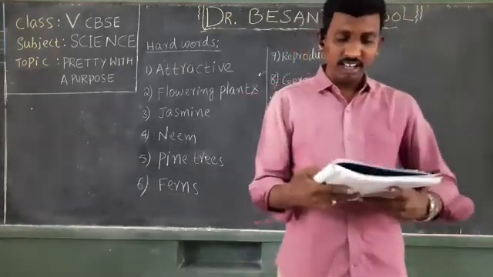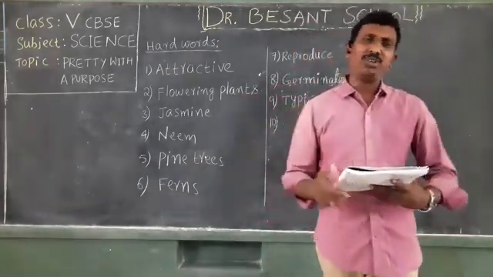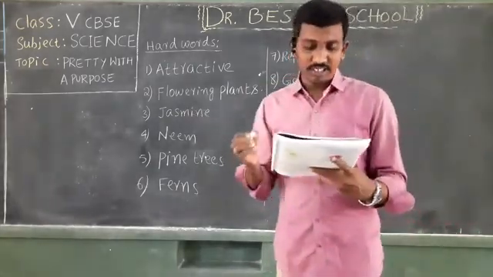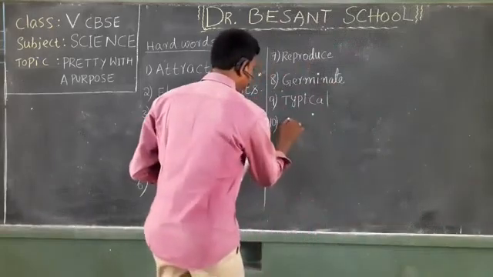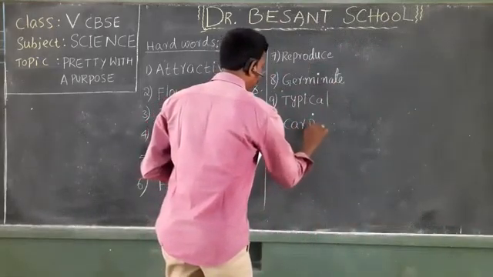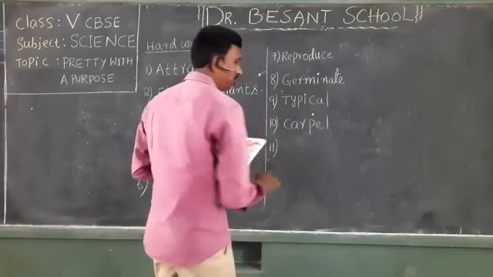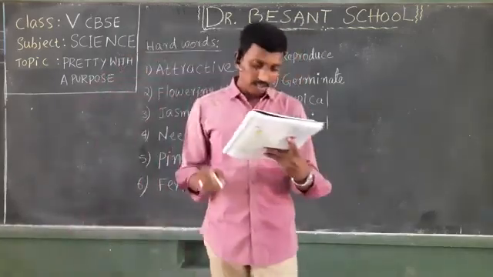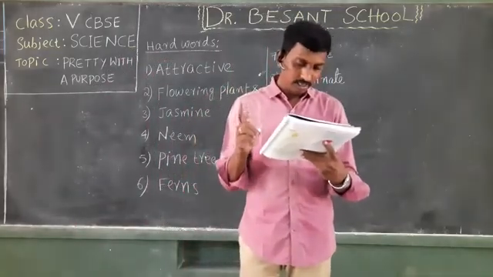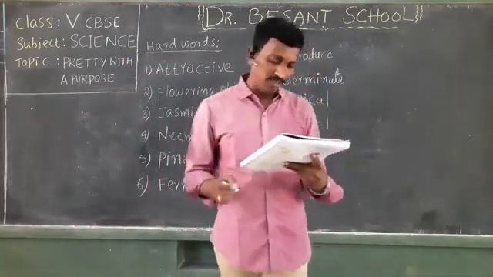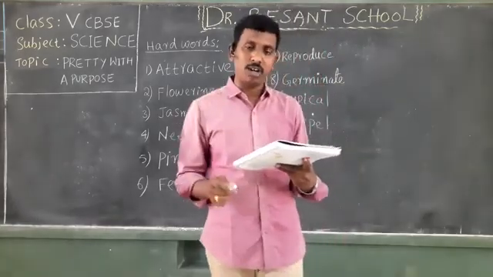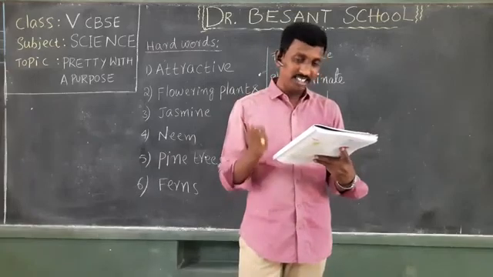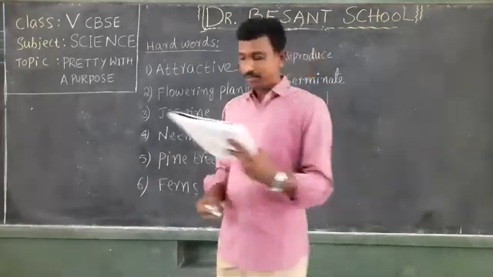The next figure you can see. Here we can have plenty of new words. These are all new words, isn't it? Yes. First one is carpel. Highlight the carpel word in the studio book as well as note it down in your book also. Carpel. Next. It is usually located in the center of the flower. A flower has one or more carpels. Each carpel is made up of 3 parts. A sticky tip called stigma.